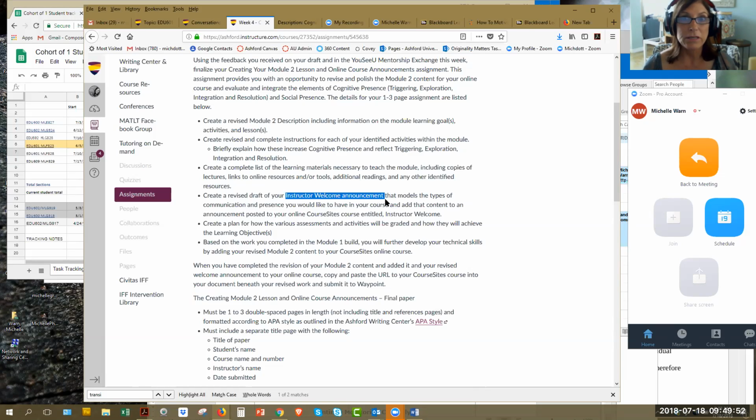and creating an opportunity, encouragement to build relationship, get to know each other, feel free to open up, and feel willing to share. Some courses require students to really open up and be vulnerable, and other courses are more matter of fact. So it depends on your course, so you just really want to be appropriate to your course, but you want to make it a safe environment, and that's what the instructor welcome announcement is all about. So you'll go ahead and work on that, thinking about those areas, okay?